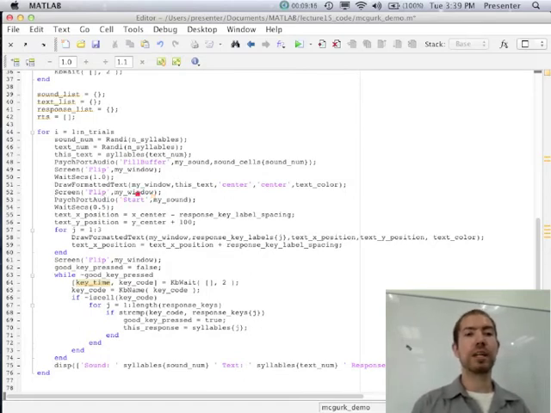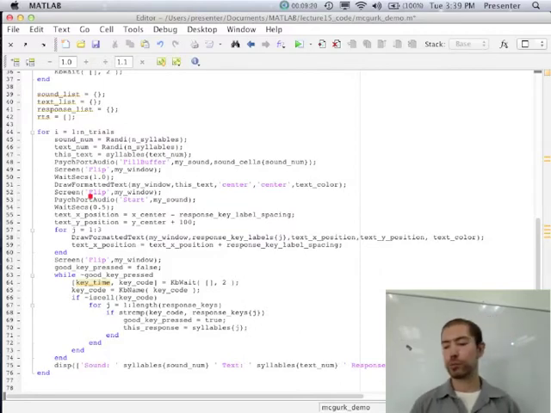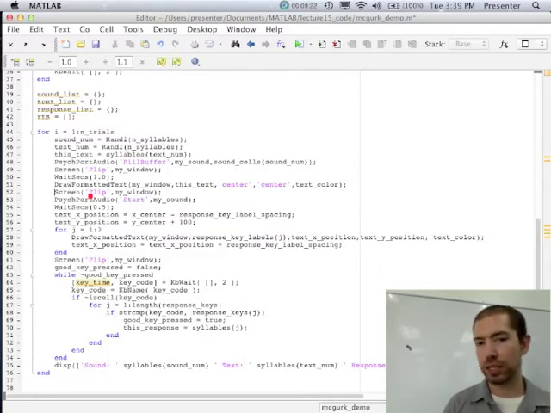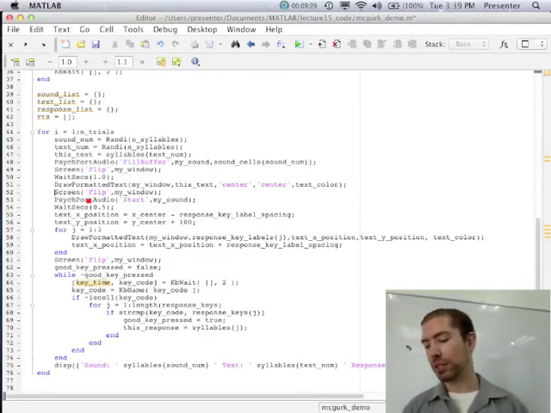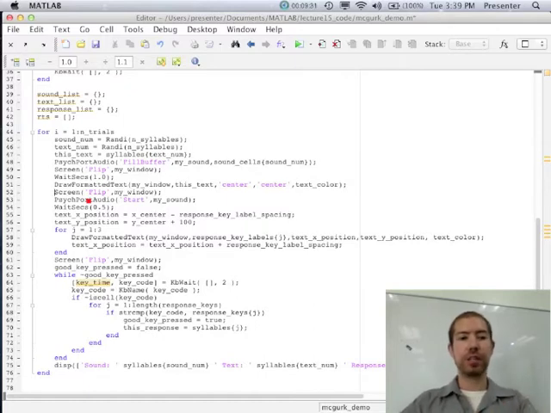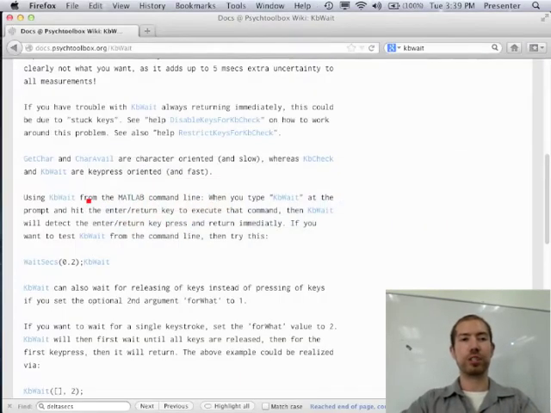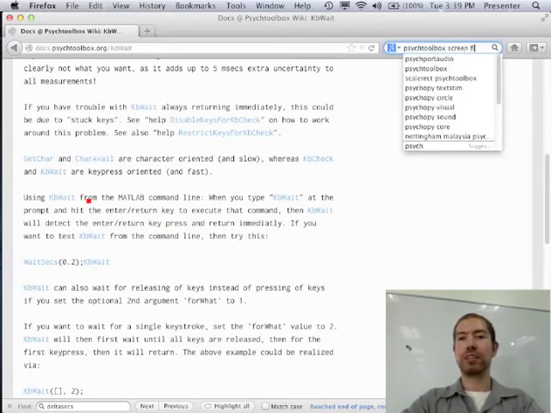This is where the screen is flipped, where we display the syllable on screen, and then as soon as the syllable is displayed on screen, we start the audio. So if you look at the Psychtoolbox screen flip subfunction,